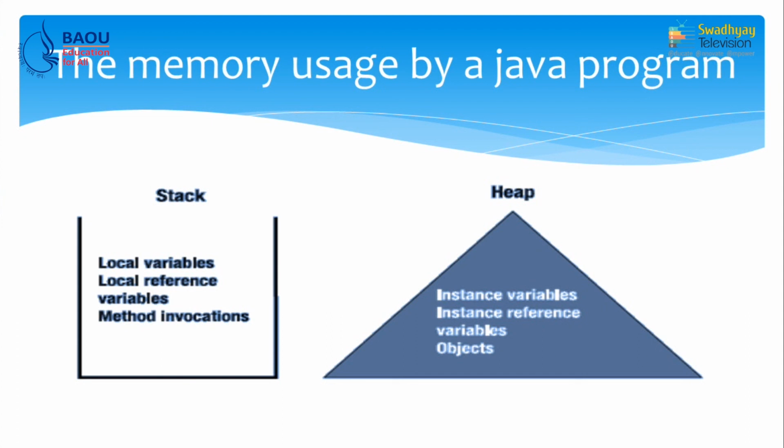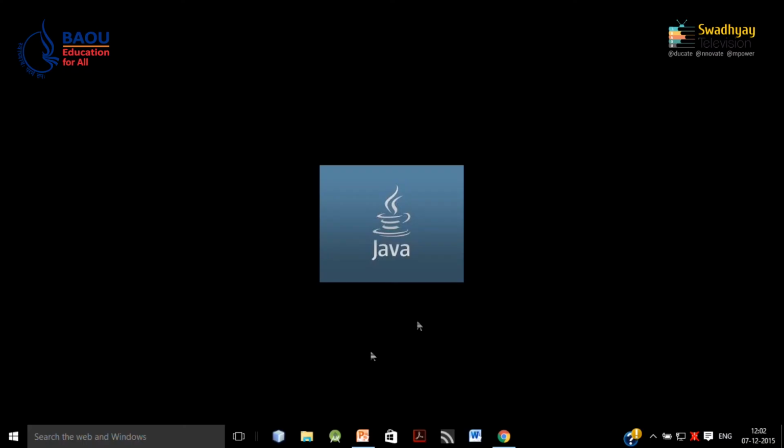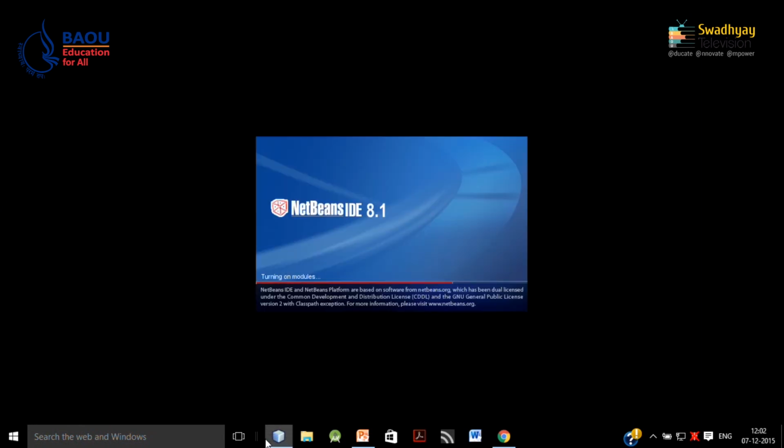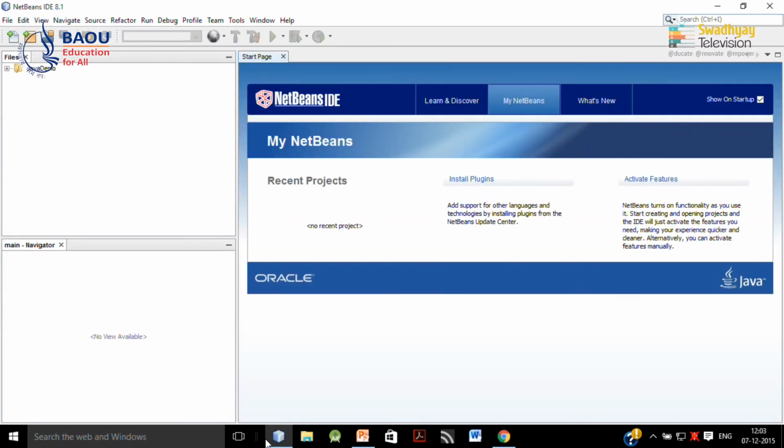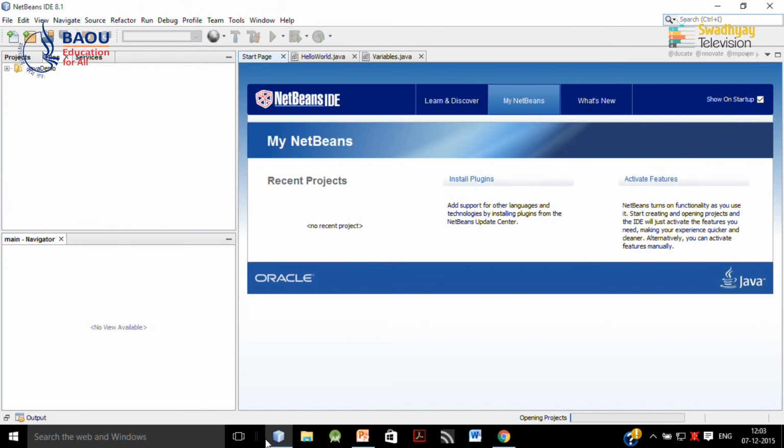Now, let us start writing a sample application in NetBeans. So, here I start my NetBeans. This is our initial screen in NetBeans. We want to write a new project inside our NetBeans.